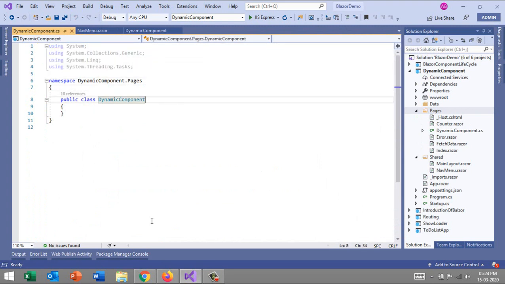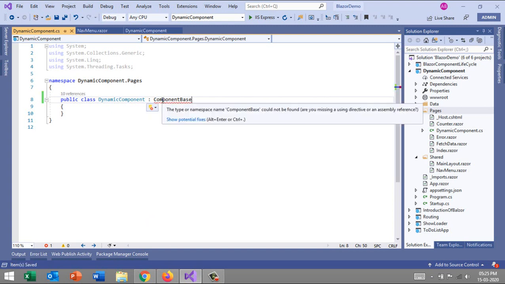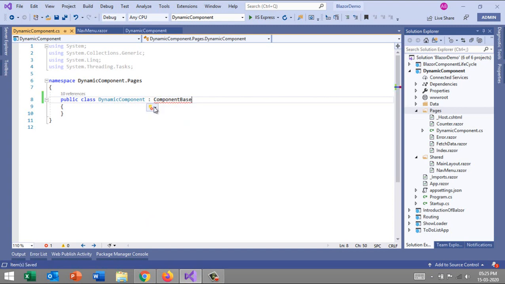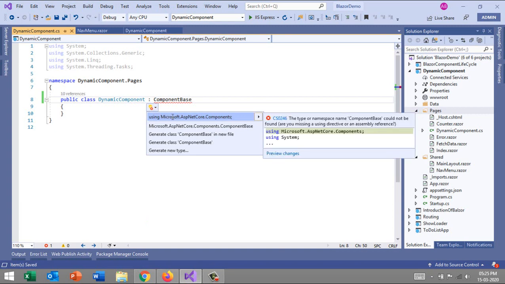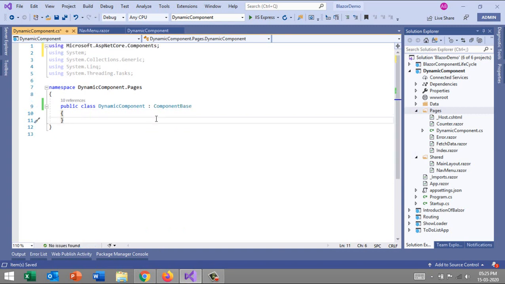This class is inherited from ComponentBase. For that I have to import a few namespaces, that is Microsoft.AspNetCore.Components.